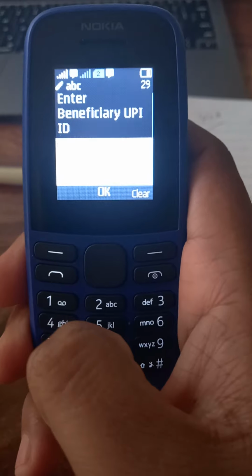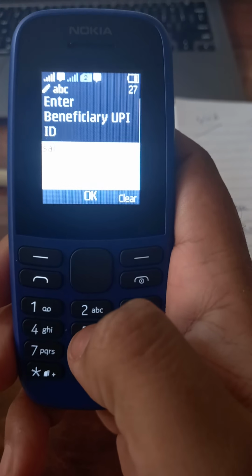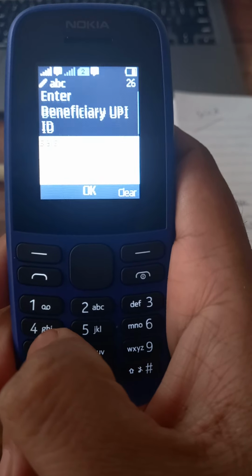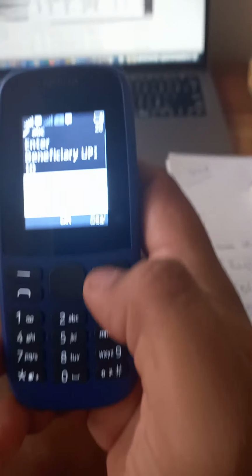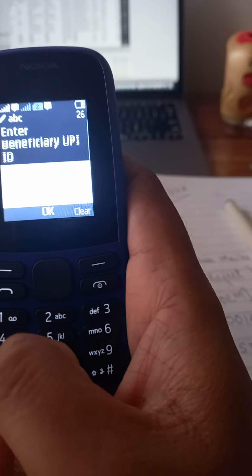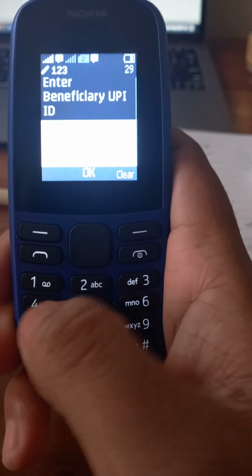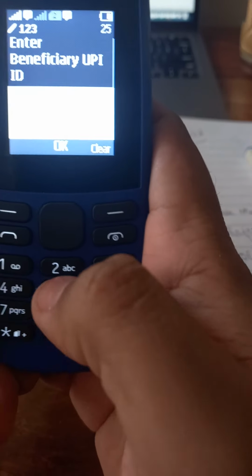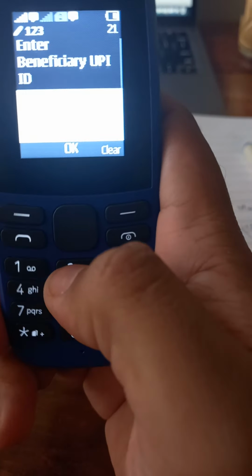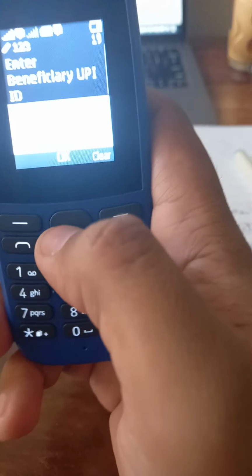I have to enter the beneficiary UPI ID. Let me type the UPI ID: 84470577722@UPI.